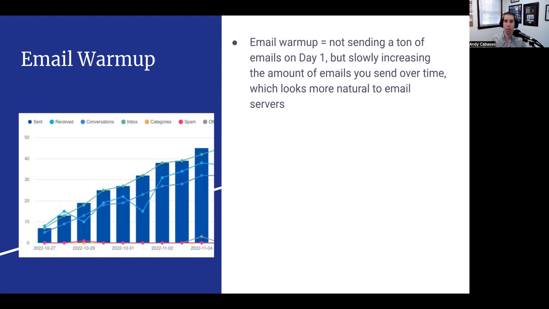So what email warmup does is it takes your email address and mimics normal email sending patterns that increase over time. With a service like Postaga, for example, we have a network of email addresses that the platform controls. If you connect an email on day one, you may send 2 or 4 emails to other email addresses using the platform, and a certain percentage of the recipients will reply to those emails.